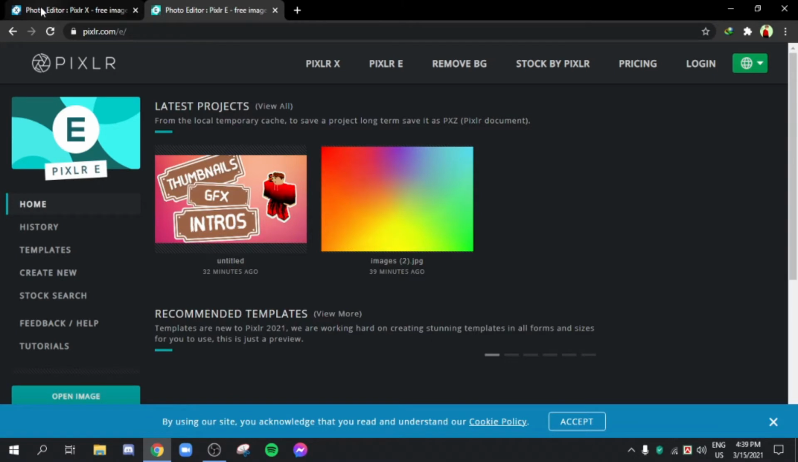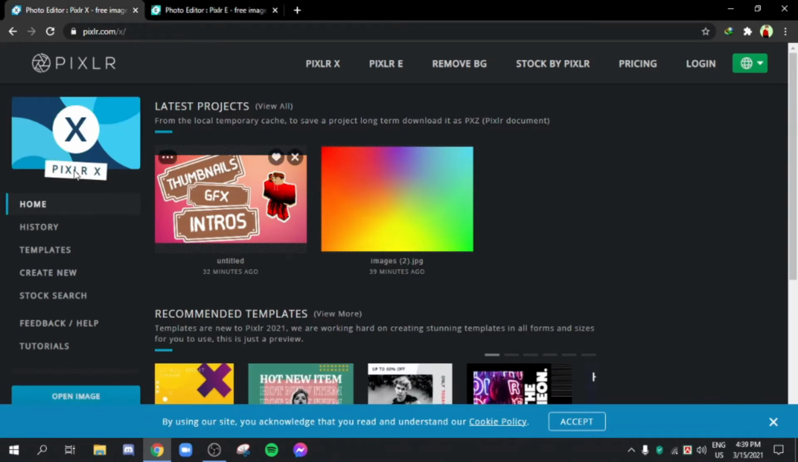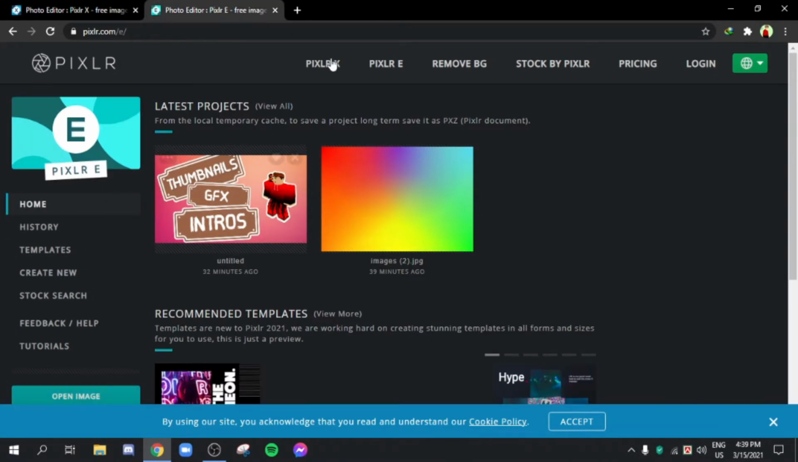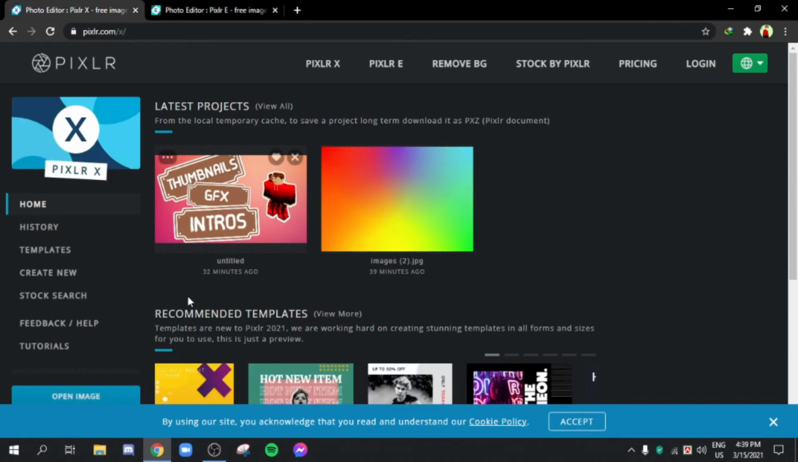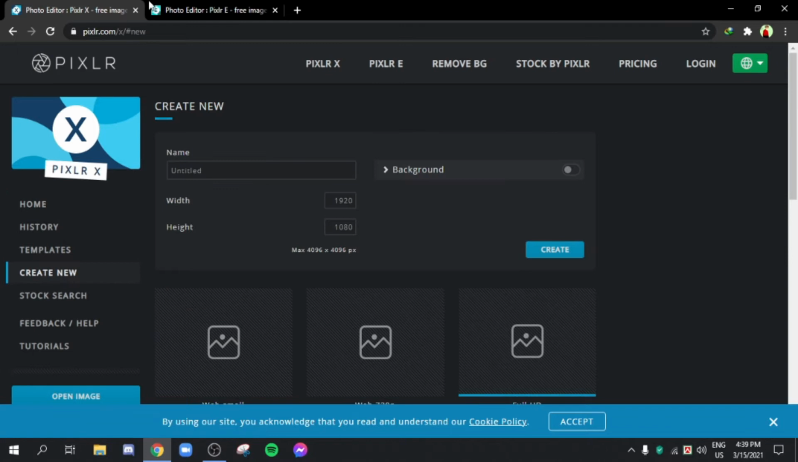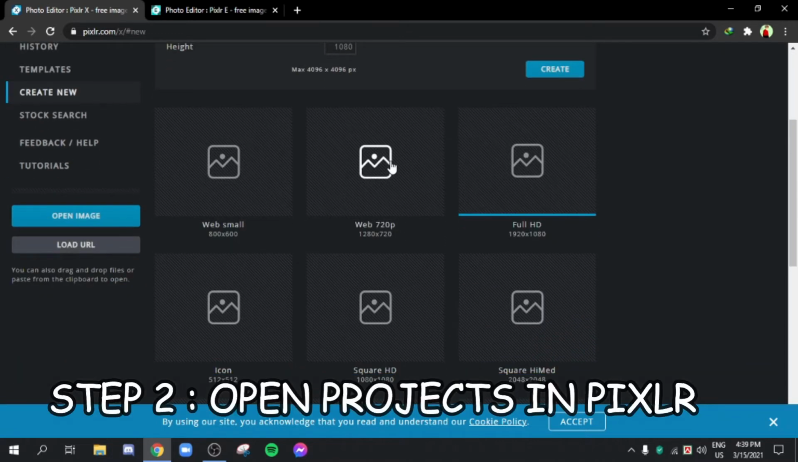Now the reason I will be using both of these video editors is because one of these, the Pixlr X, is the simpler one, while the Pixlr E is a bit of a complex one. So we will be getting all our objects and stuff from this place, and then we will be exporting it right over here. So first of all, when you're in Pixlr X, you need to go to 1280 into 720,